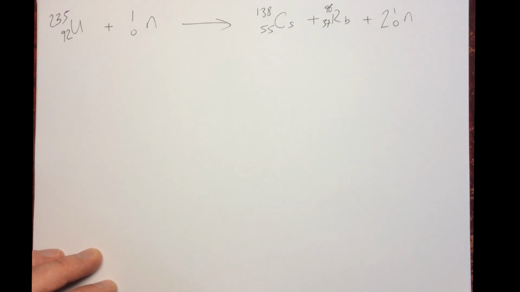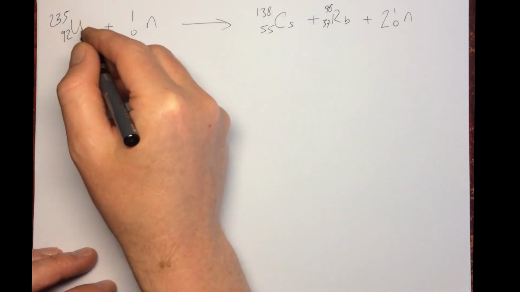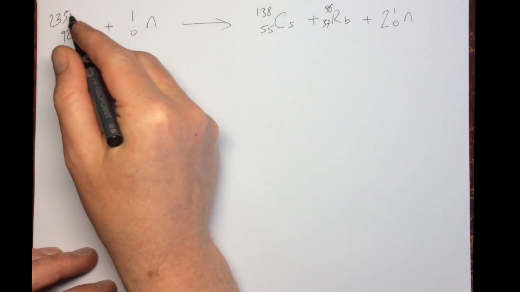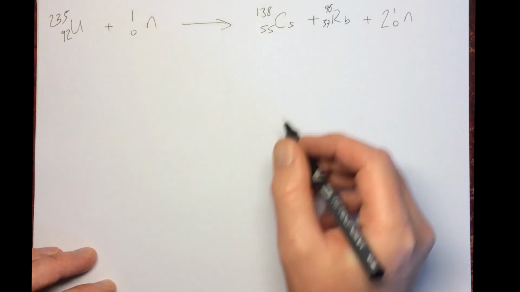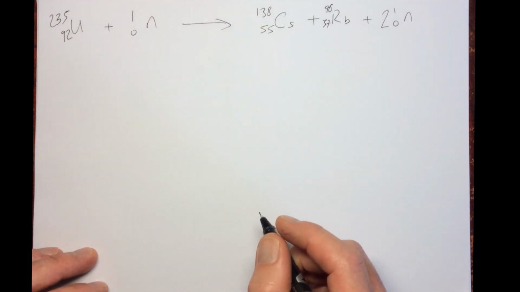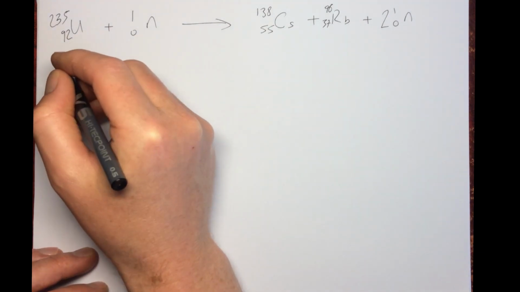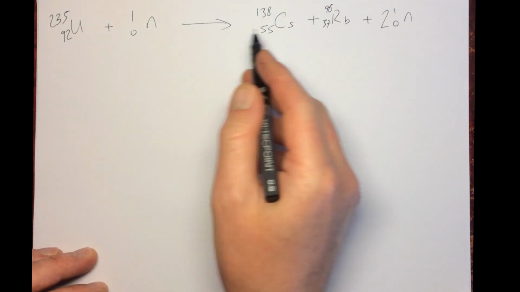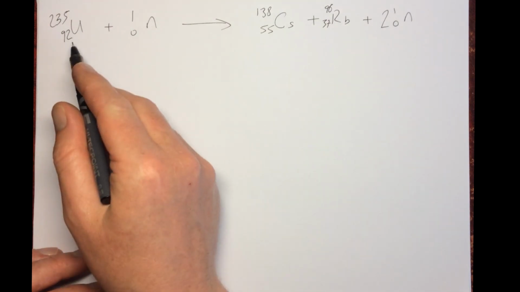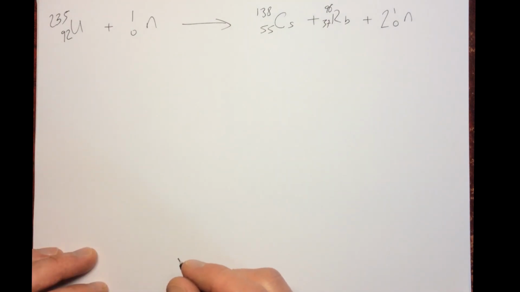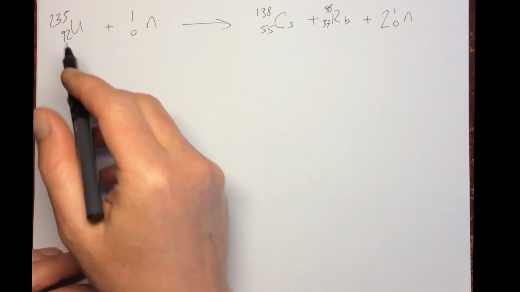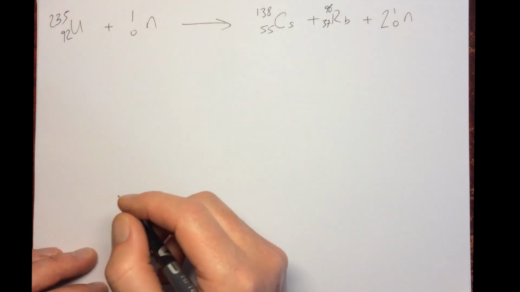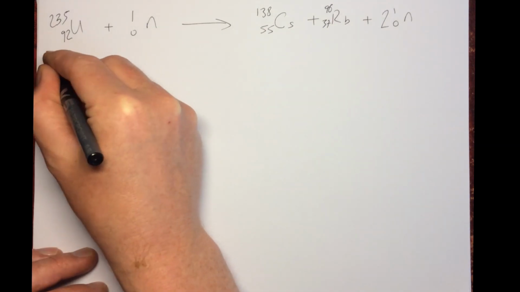Now, what we can then do is look at the masses of these things. Now, remember this is nuclear fission, so we're dealing with nuclei here. So this is uranium nucleus, cesium nucleus, and a rubidium nucleus. Okay, so I've got the nuclear mass of these, not the atomic mass, but the nuclear mass, okay? So it's important to understand the difference. It actually doesn't matter if you use the atomic mass, because all you have to do to work out the nuclear mass is minus the electron mass. But because there's 92 electrons on this side and 92 electrons on that side, it really makes no difference. But I'm going to use the nuclear mass anyway, okay? So the nuclear mass is